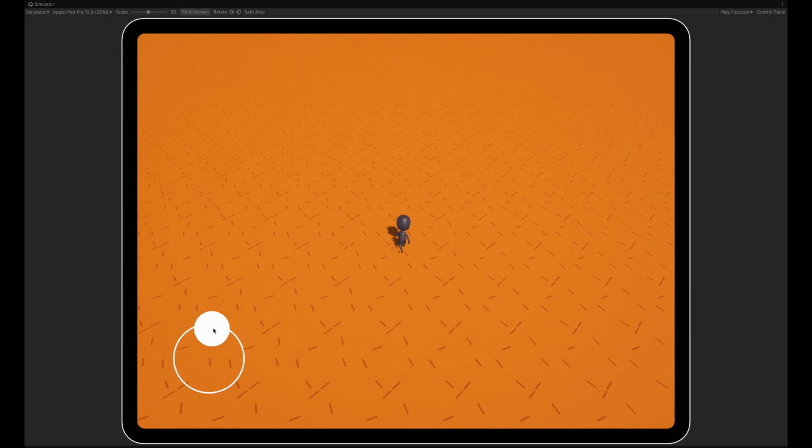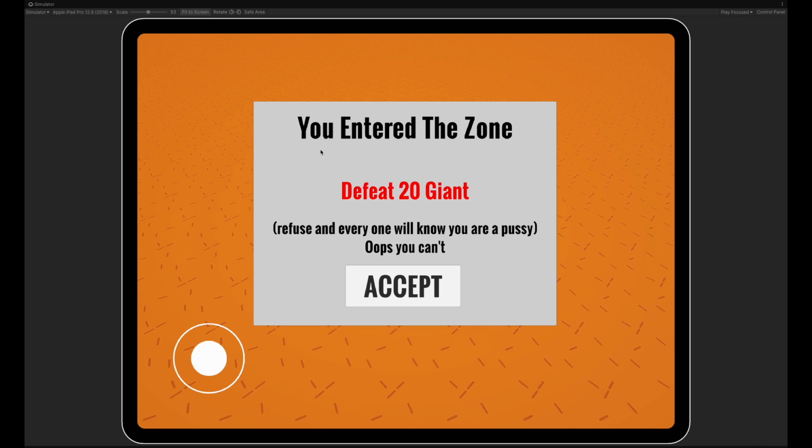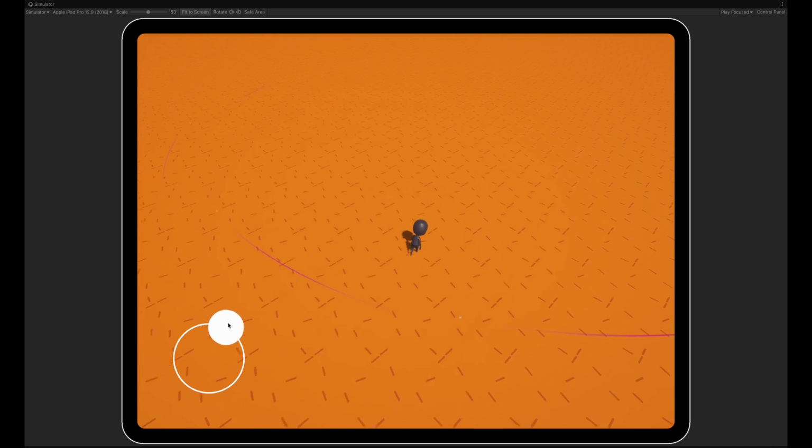So if I keep moving forward, you will see this pop-up in a quest style. It will tell me that I entered the zone and I need to defeat the 20 giants, with a small motivation code. So I accept it. When you accept it,